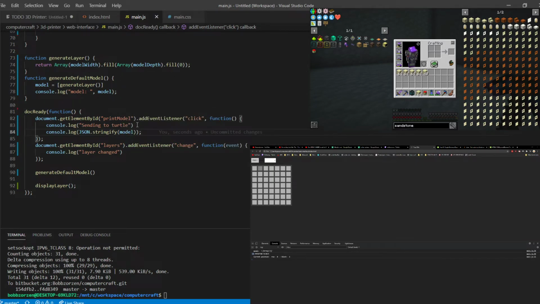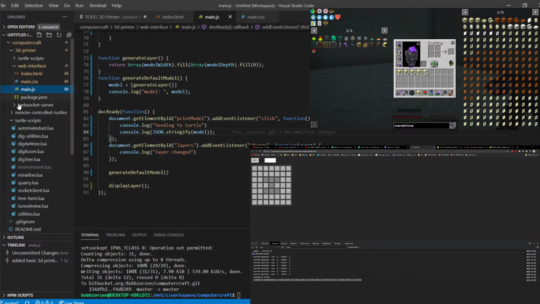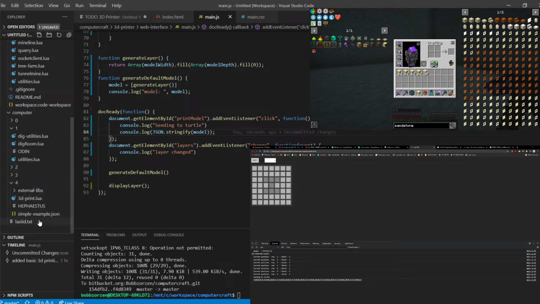So hopefully, if I've done everything correctly now, if I reload this page and I draw something, let's say an eye here, and I say print, I now get a, can I copy this? There we go. I now get a JSON string,